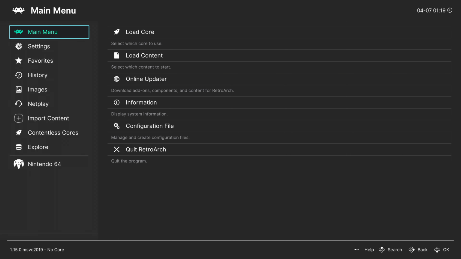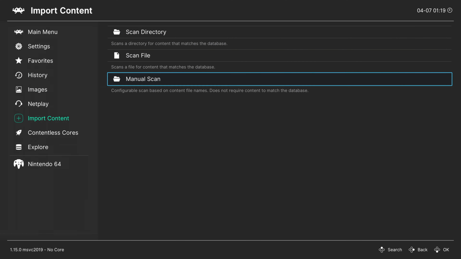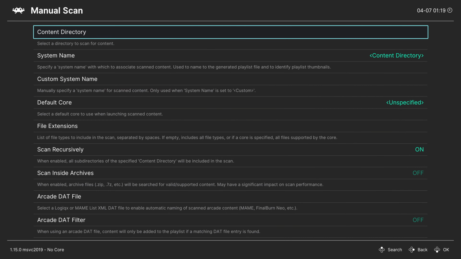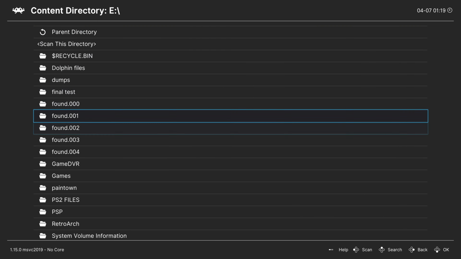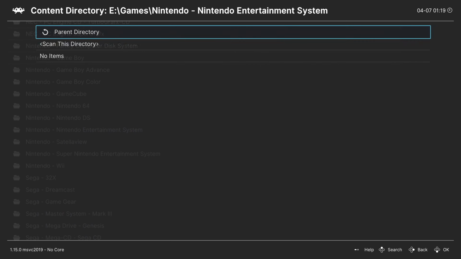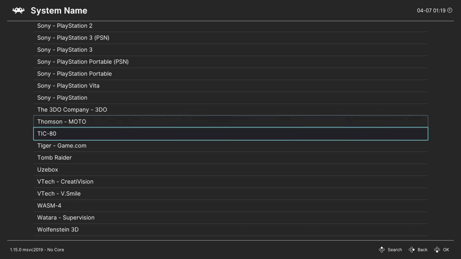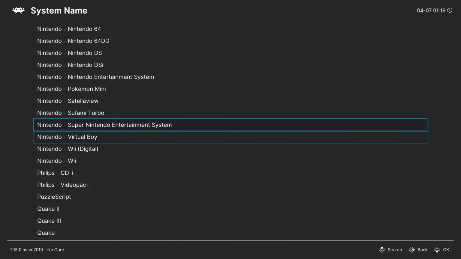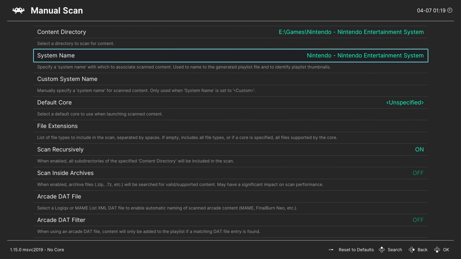Alright, so what we're going to do is head down to the bottom, go to import content, and then we're going to click on manual scan. Click A on content directory. From here we're going to look for your USB, look for your games folder containing your NES games. And then once you find it, just click on scan this directory, and then for system name we're going to go all the way to the ends, look for Nintendo Entertainment System, click A on this,